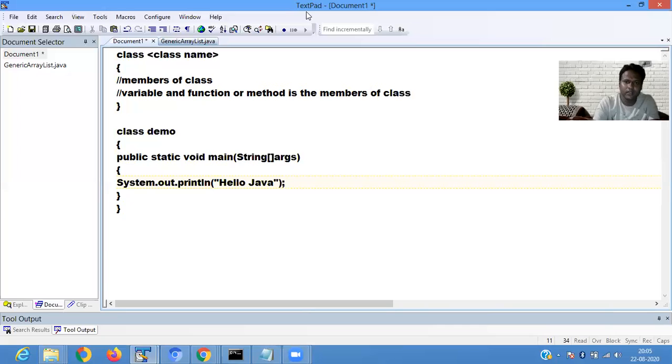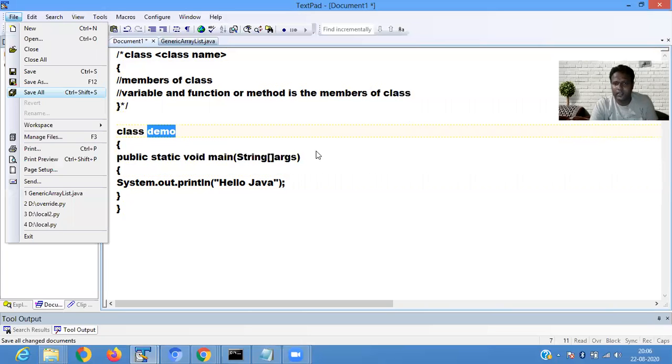Remember that when you store this file, your file name and class name must be the same in Java. Suppose the class name is demo; then if you want to execute this program, save the file with the name demo. So here I save the file.